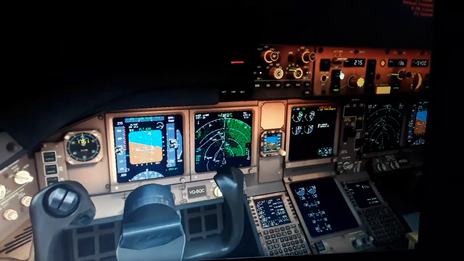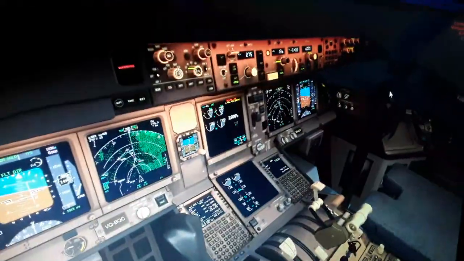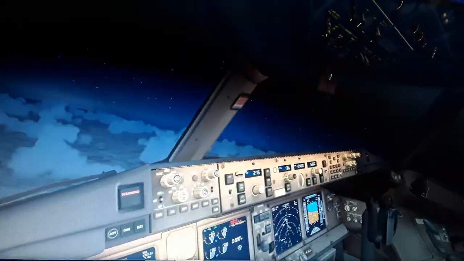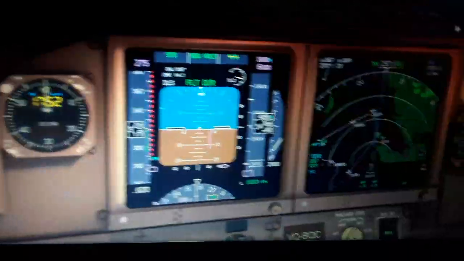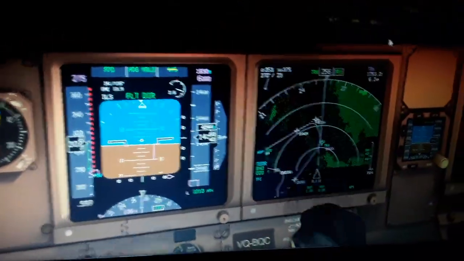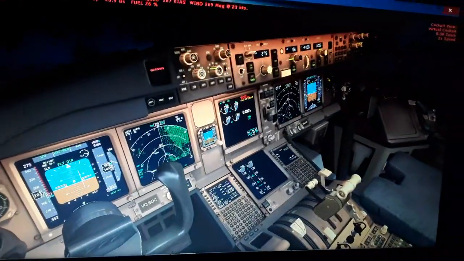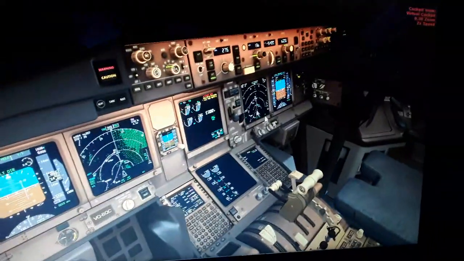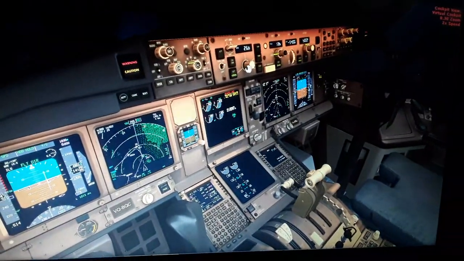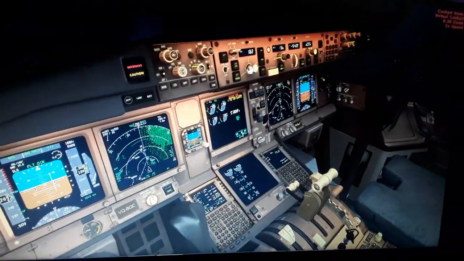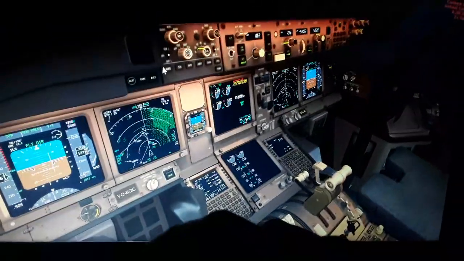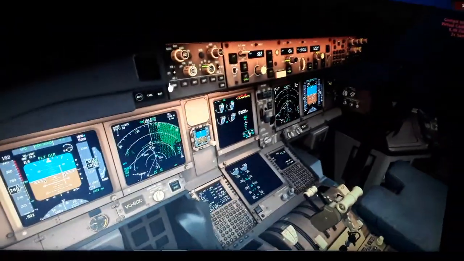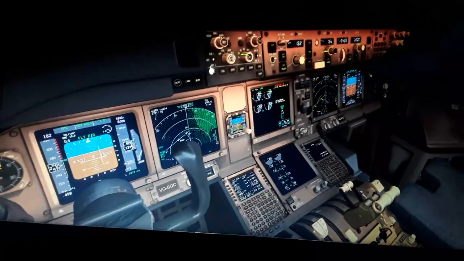Keep descending. Landing gear extend. Just gonna slow us down. Select the lower airspeed also. And some flaps. As we descend,